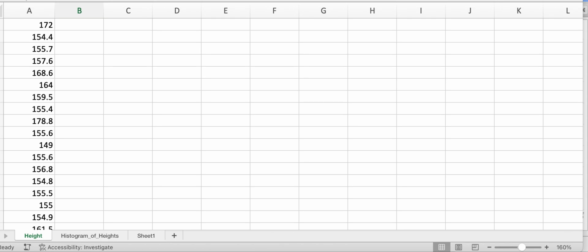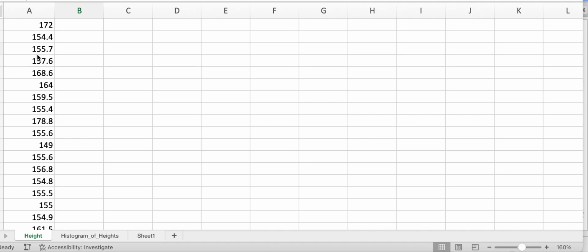Let's take a look at some numerical data and talk about how we can organize our data into a histogram, and then talk about some characteristics of a frequency histogram. So what I have here in an Excel spreadsheet is a random sample of 147 adult females and their heights